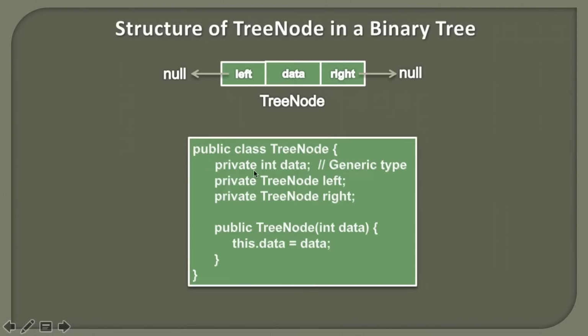It contains the data, and here I have taken this data in the form of an integer, which can be any generic type. It contains a tree node left, which points to the node just left of this particular node, and a tree node right, which points to the node just right of it. It has one constructor which takes in a data part. Whenever we initialize a tree node, we usually pass the data which we want to store into it. So when a tree node is created, the data we pass into the constructor is stored in the data variable, and left and right usually point to null at the time of initialization, and later on we make them refer to other tree nodes.